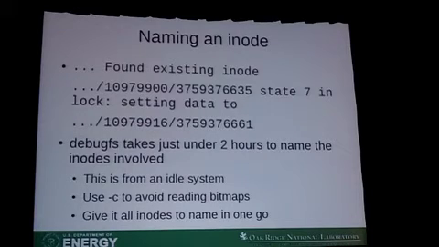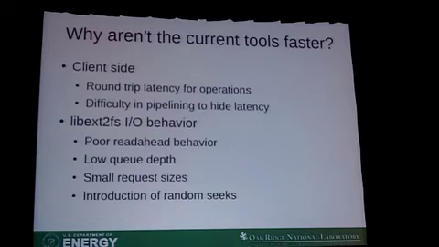Debug takes about 2 hours to name those files. And this is on the testbed system with nothing else going on. And I'm giving it -C, so I don't sit there and read the bitmaps, which takes a really long time from debug. And I'm giving it all the inodes to name in one shot. So it should actually be able to go through and name these. It should run through the directories, find this, and stop. And actually it takes longer than 2 hours. 2 hours is when it spit it out. It's supposed to stop after it finds the inode names for the ones you gave it. It didn't. And after about 4 hours I just said, fine, I don't really care anymore. I got the data I want.